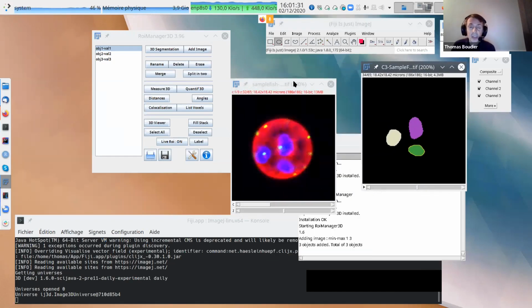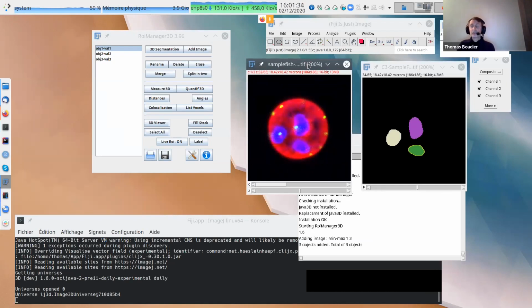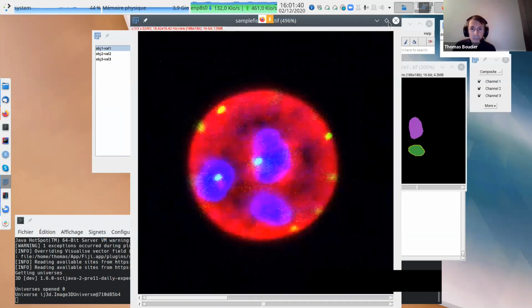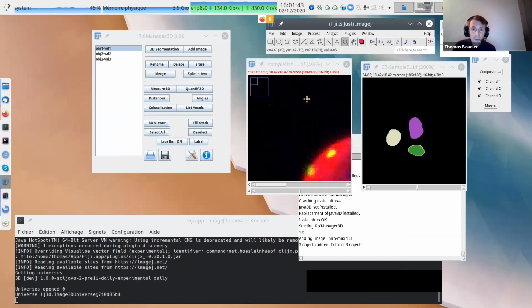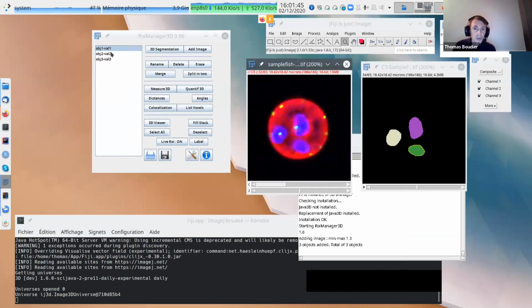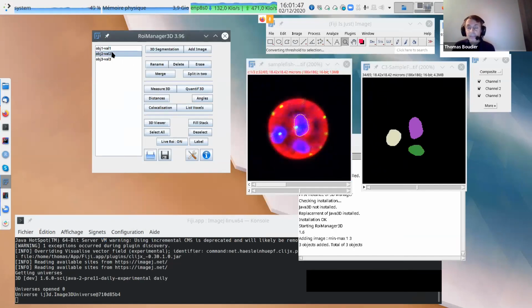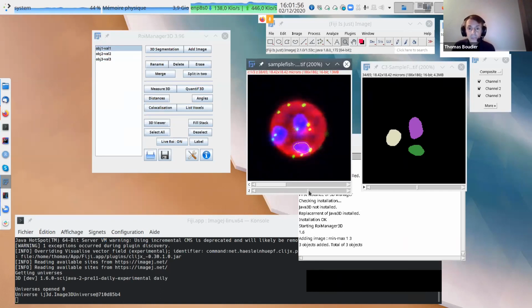You detect some objects and you want to check if the segmentation is good. So you select this image, and you select the object you want. You see the contour of the object on the original image, so you can have an idea of the quality of the segmentation.